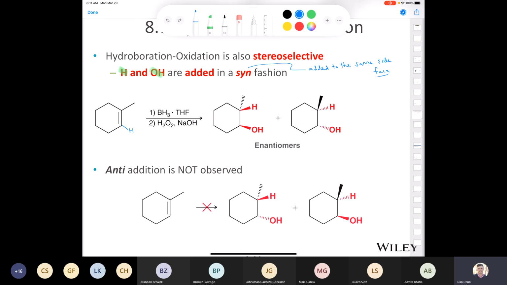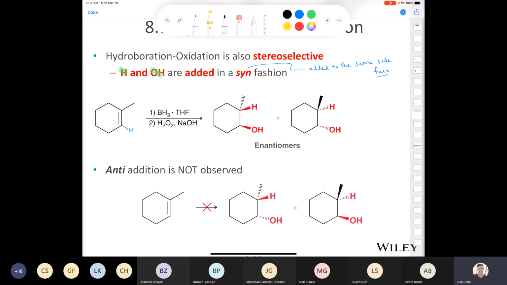And so if you were to draw either of these, these are two enantiomers as well, but you see what's wrong with these products is that the hydrogen and the hydroxyl are on opposite faces of the molecule. When two groups are added on opposite faces of the molecule like this, we call that anti-addition. So what's the take-home message for you guys, for my Chemistry 3101 students, is that you need to know that